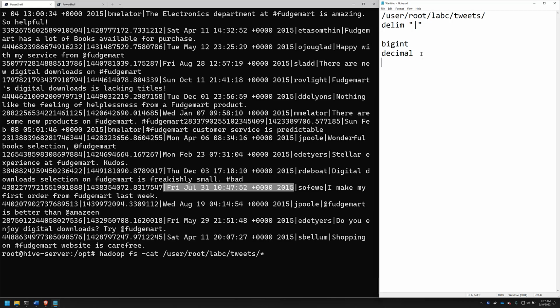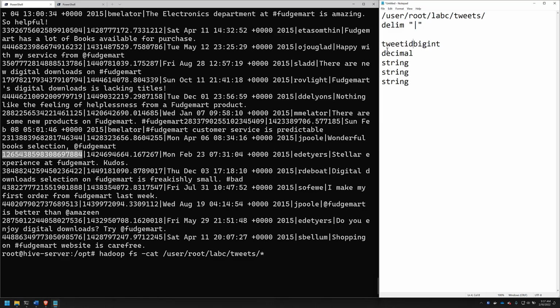But in order to make it go in, I'm just going to use string because I don't want to mess around with timestamps right this moment. I just want to get it to work. And then this one looks like it could just be string. This looks like the username. And then this looks like the actual tweet, and that's going to be string. And if I'm going to give these names, I don't know what this is, but I think this is probably like the tweet ID is my guess. So I'm just going to call this one tweet